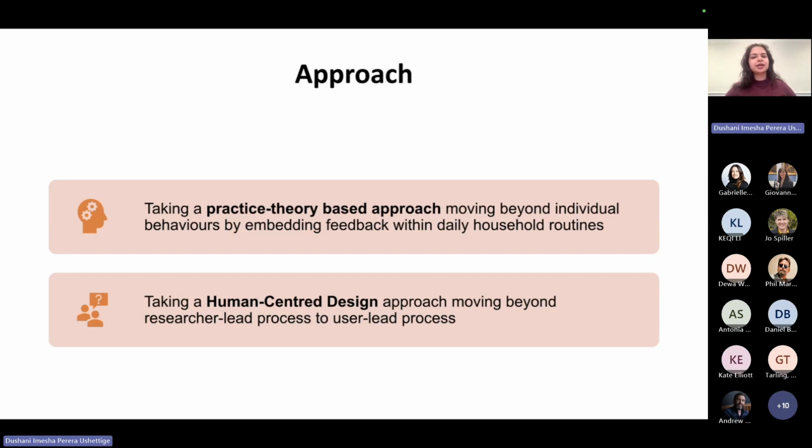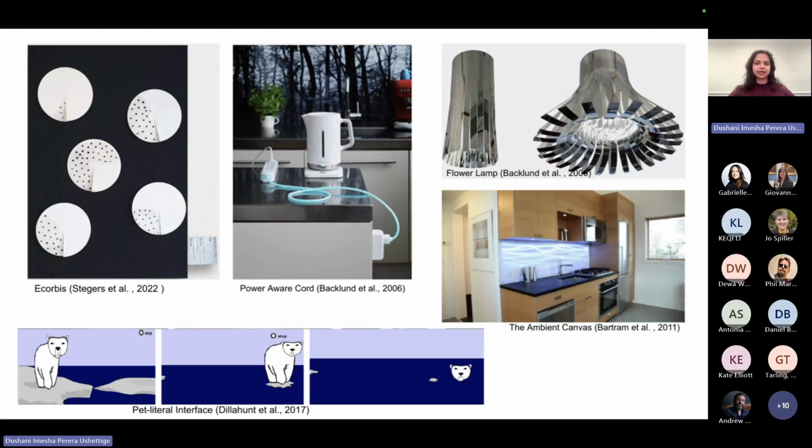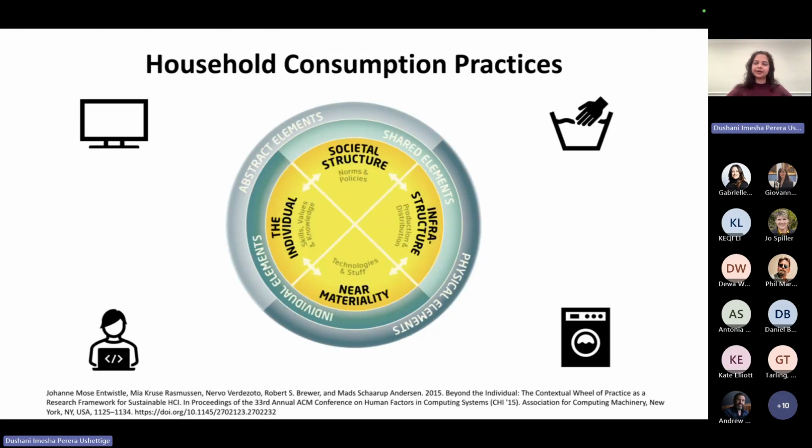So I used a practice-based approach in my research. Most of the research in this area was done on behavior change, but recently, researchers have moved away from behavior change to this practice theory-based approach, which is the wheel in the middle over here.